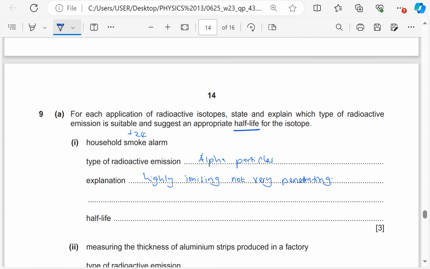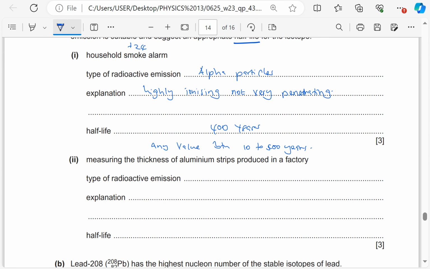They're highly ionizing and they are not very penetrating. I think the half-life of alpha particles ranges between 10 to around 500 years. So I will just quote a value, say 400 years. You can quote any value between 10 to 500 years. Measuring the thickness of aluminium, of course, alpha particles cannot penetrate through paper,